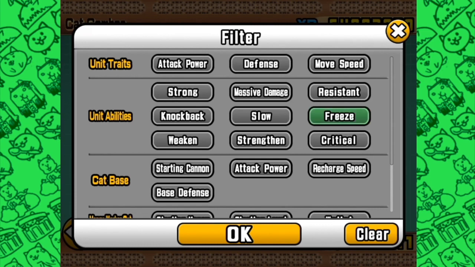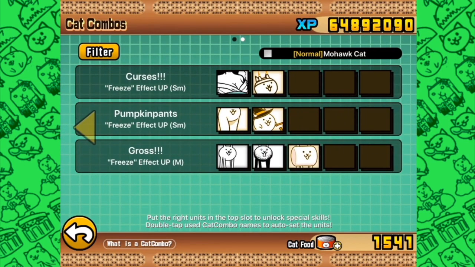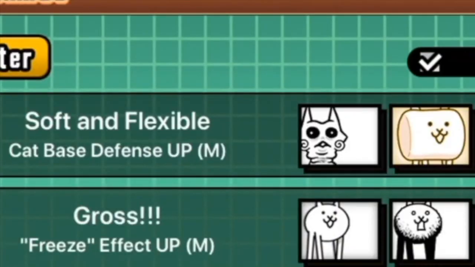I need to freeze things for a bit longer. Oh, well, look, there are all my freezes, including the lovely Marshmallow Cat, which I will now tap on and see what other combos it's in. Well, actually, it's in three combos, and I didn't realise that. I do not remember Soft and Flexible,